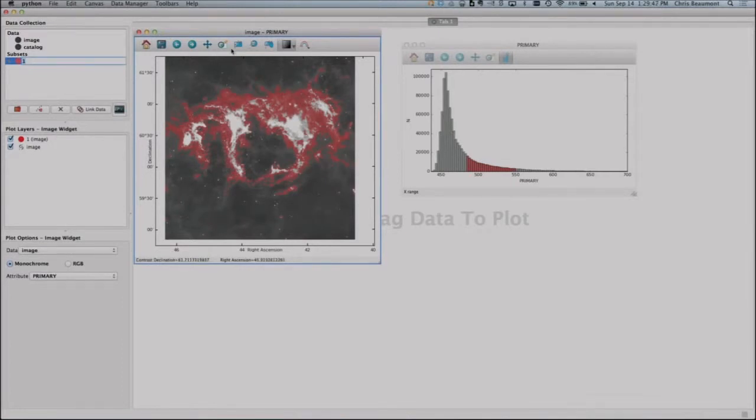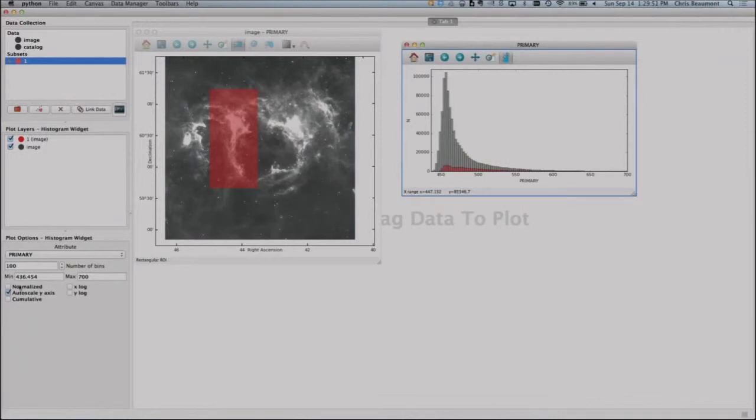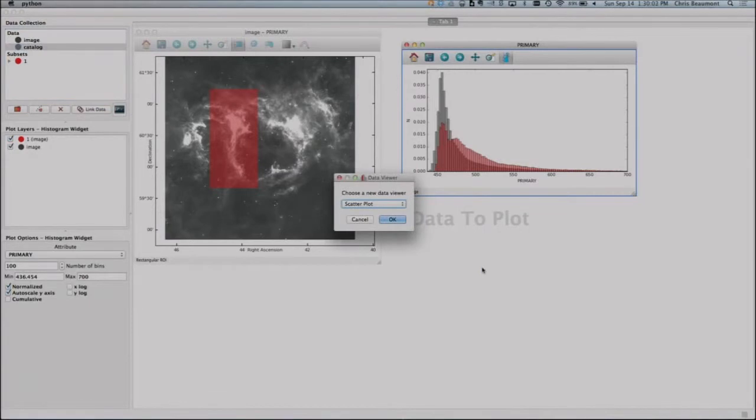And I can go the other way too. So if I care about this particular part of the cloud, I can drag that over there, and maybe I want to independently normalize these things. And so I can compare the brightness distribution in the left part of the cloud versus something else. But what else I can do is I can take the second data set, which is a catalog, and